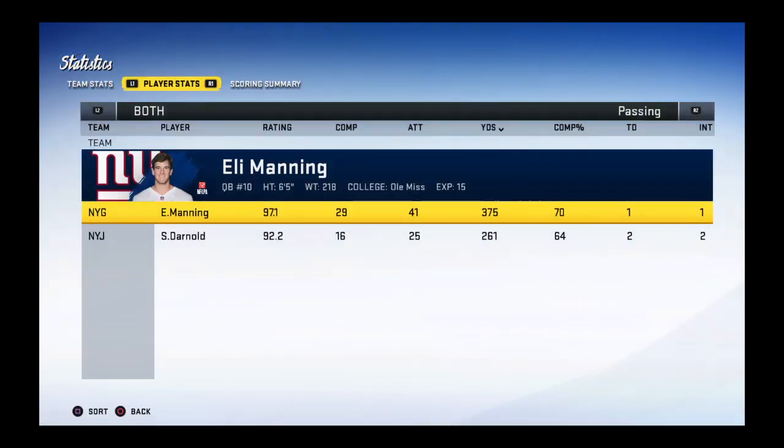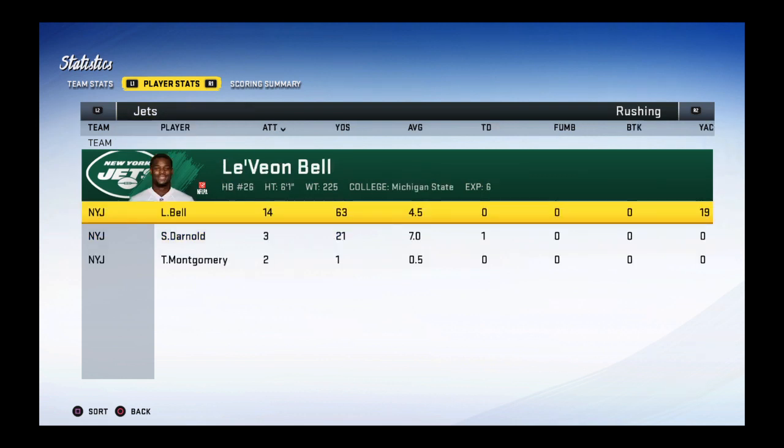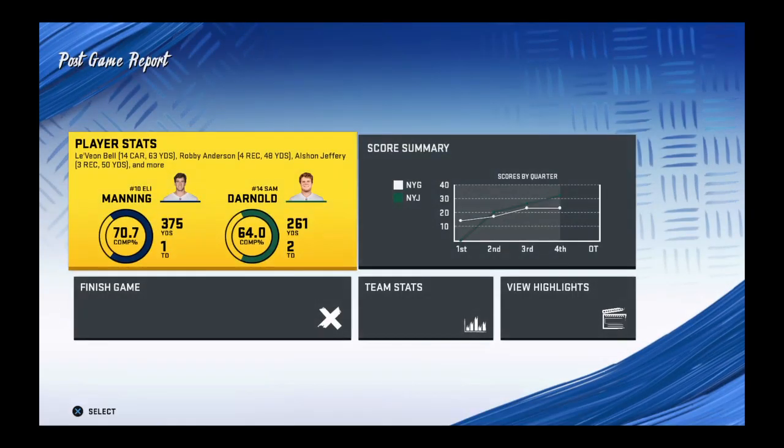So for the Jets, the win will help them keep pace in the playoff race as they move to 6-3 on the year. And they will hit the road next week to take on the Washington Redskins. Meanwhile, for the Giants, they're going the wrong way as this will drop them to 3-7 now on the year. And they'll get a late